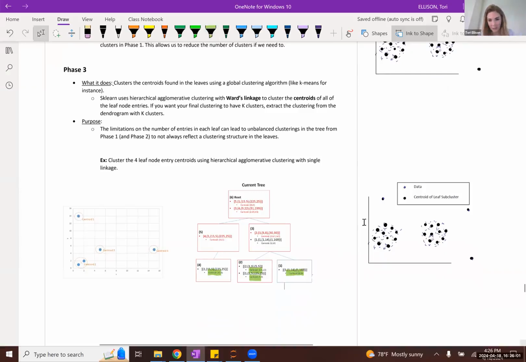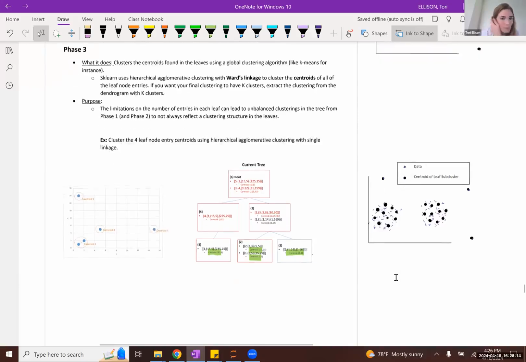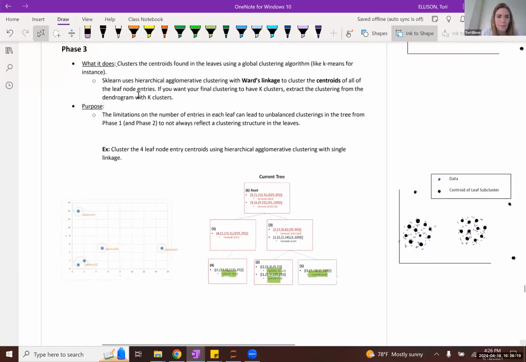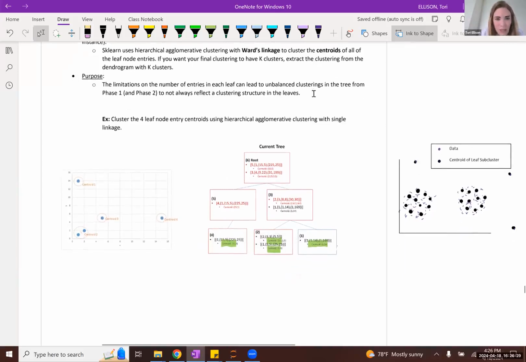So basically, if these are all your leaf node subclusters, in phase 3 we cluster those centroids into however many clusters we want to help us detect that global clustering structure. For instance, scikit-learn uses hierarchical agglomerative clustering with Ward's linkage to cluster your leaf node subcluster centroids. So what we'll do is use single linkage out of ease, I guess you could say.